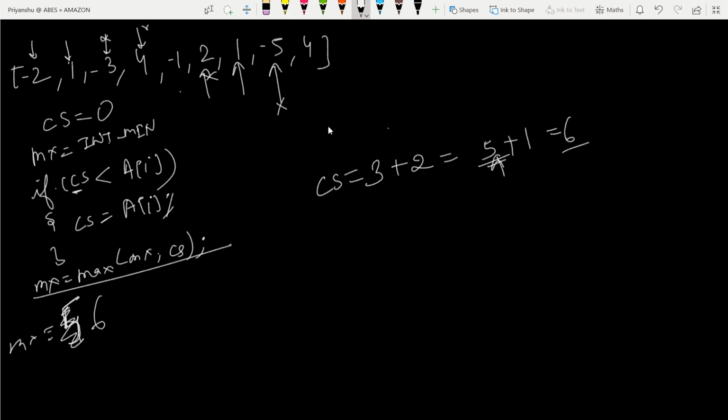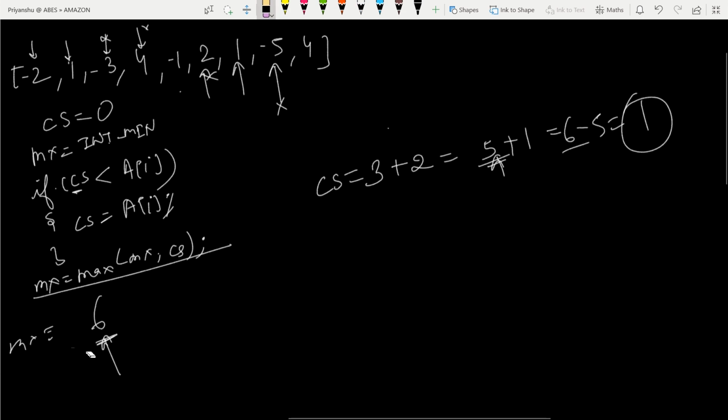We move to the next element. Add it to our prefix sum. It has become 1. Is 1 less than -5? No, it is greater. Will the maximum sum value be updated? No, it is not, because 6 is greater than 1. We'll move to the next element,